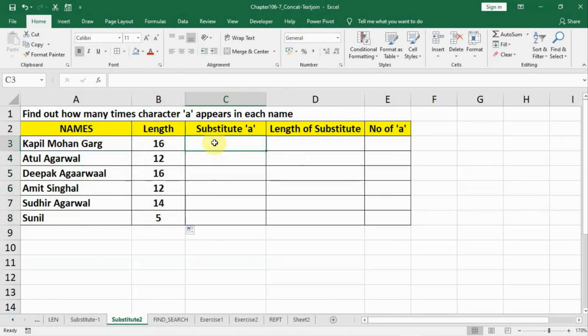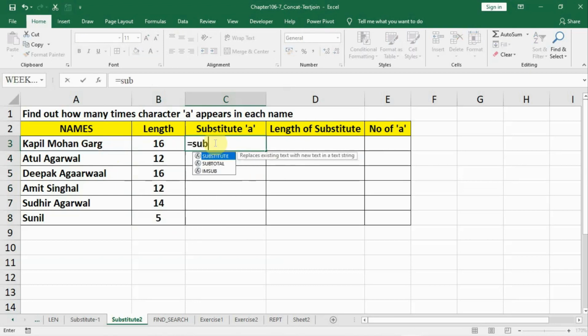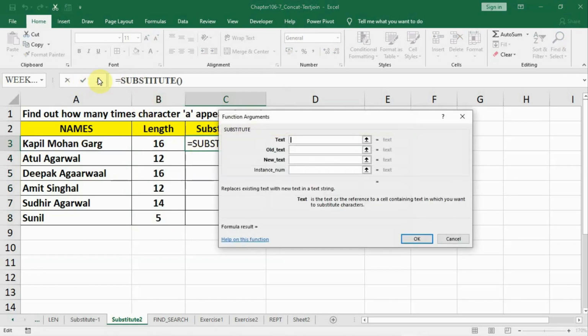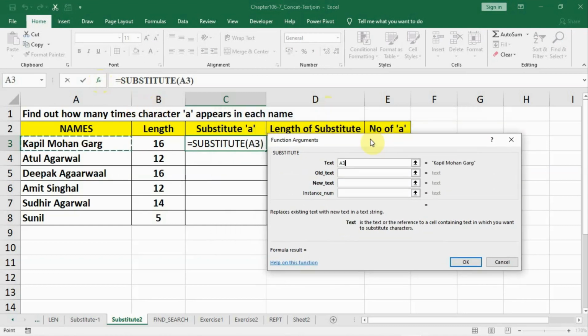Then we'll substitute small a with nothing, with blank. So we'll write down equal to substitute, and then go to fx. In the fx, we'll select our text, that is Kapil Mohan or whatever is there.